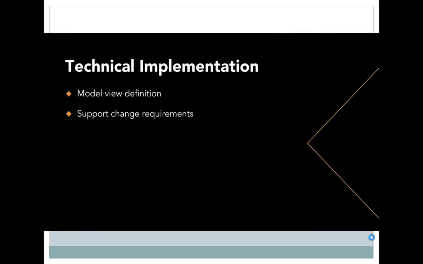The technical implementation also includes a model view definition, which defines a data model or subset of an existing data model that is necessary to support one or many specific exchange requirements.